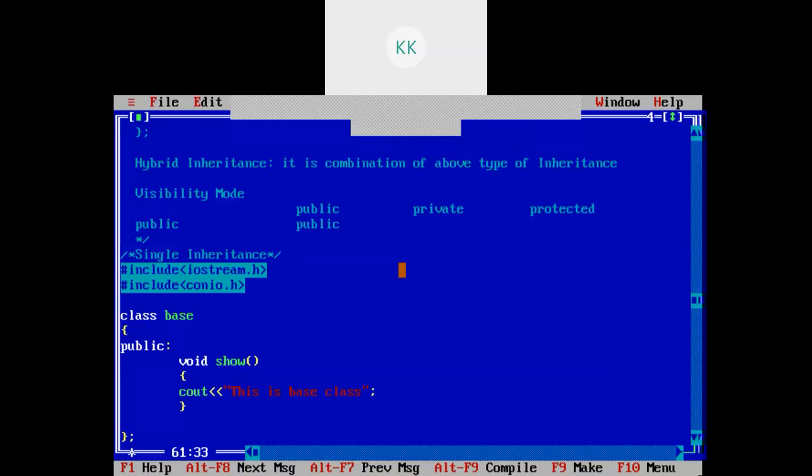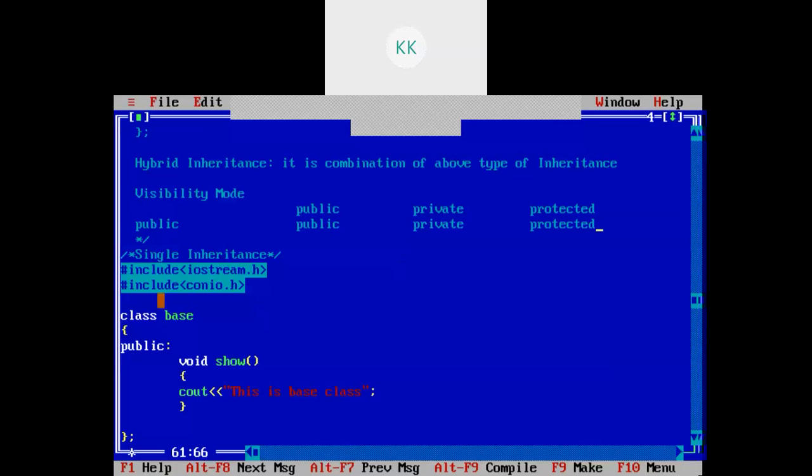If it is private, then it will retain as private in the derived class, and if it is protected, then it will retain as protected in the derived class.